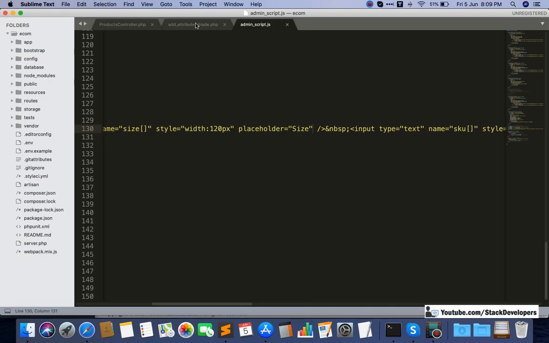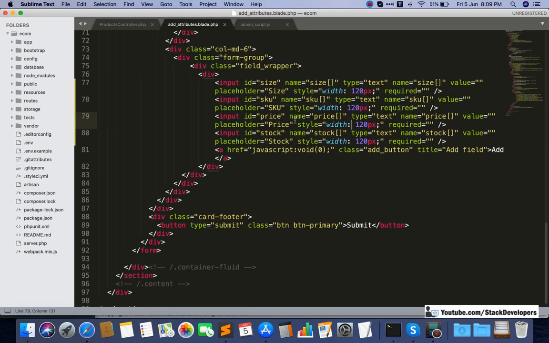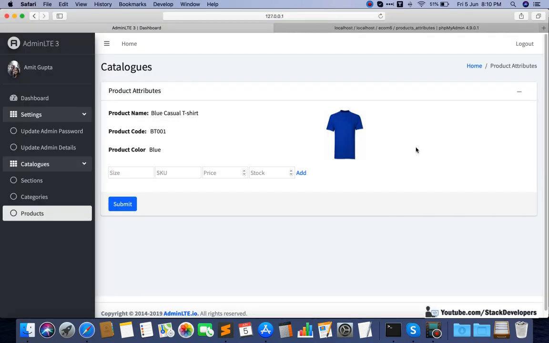And one more thing we need to do, we need to make these number type, like type price number and stock number. Rest everything is fine because this is the admin panel. Not that much security or validation is required here. So here, you need to fill the data. I am filling some data here, and here you can't fill like this, because it will ask you to enter a number. Here you can see it is asking you to enter a number. So here you need to add the number only.